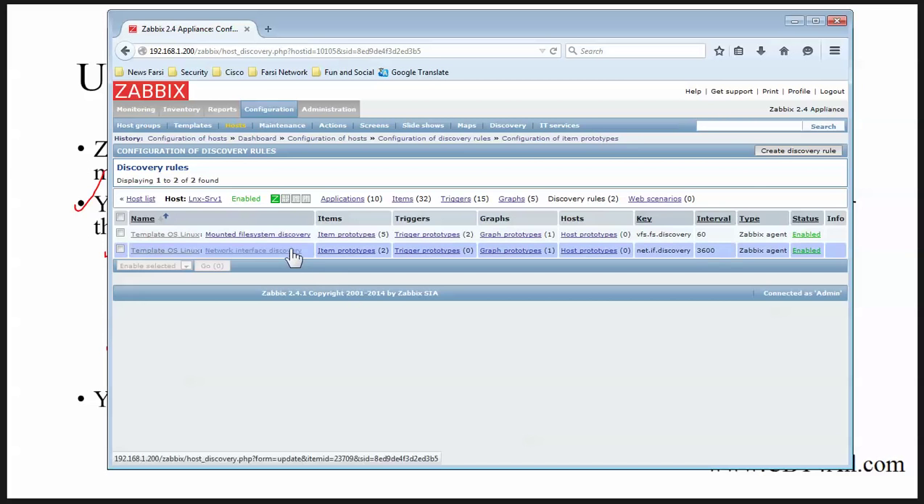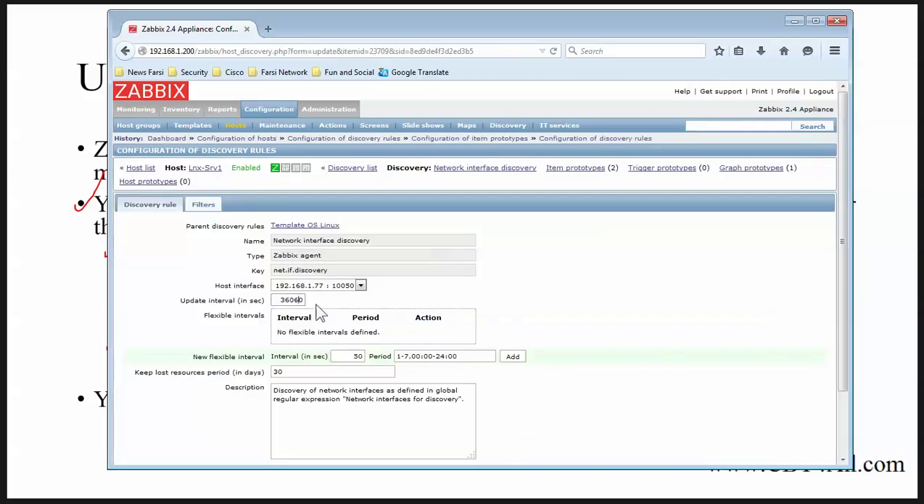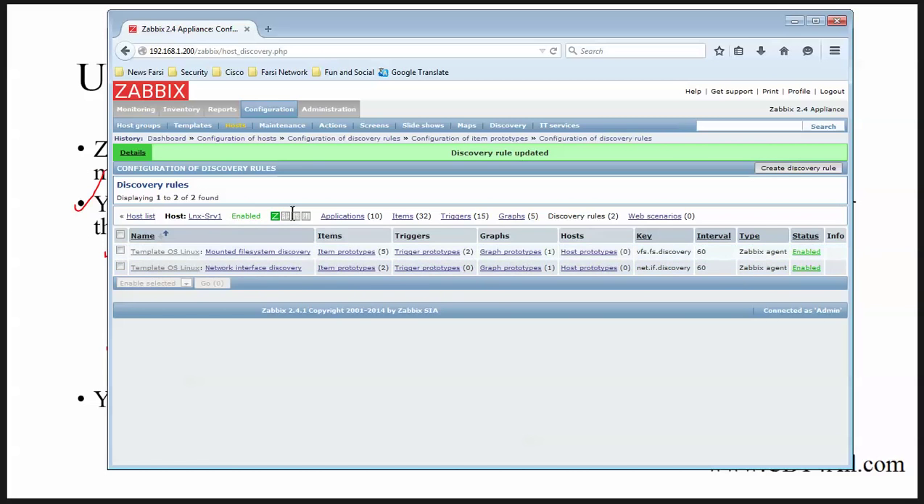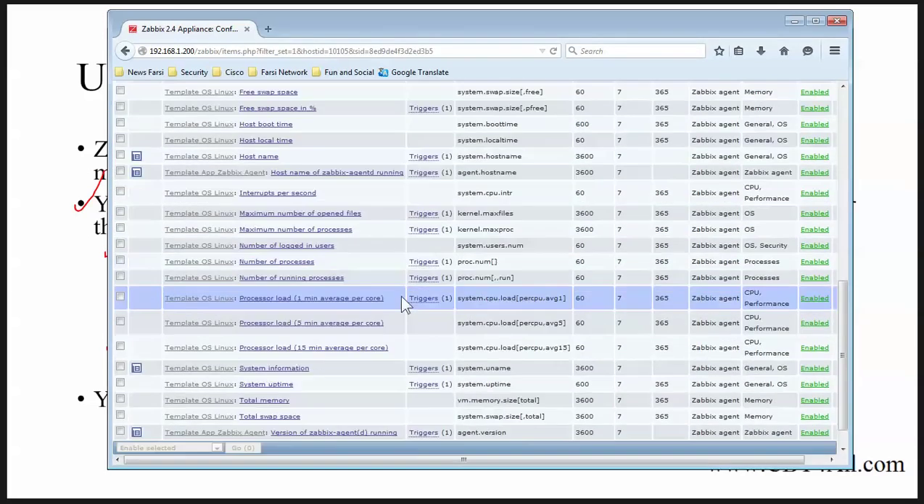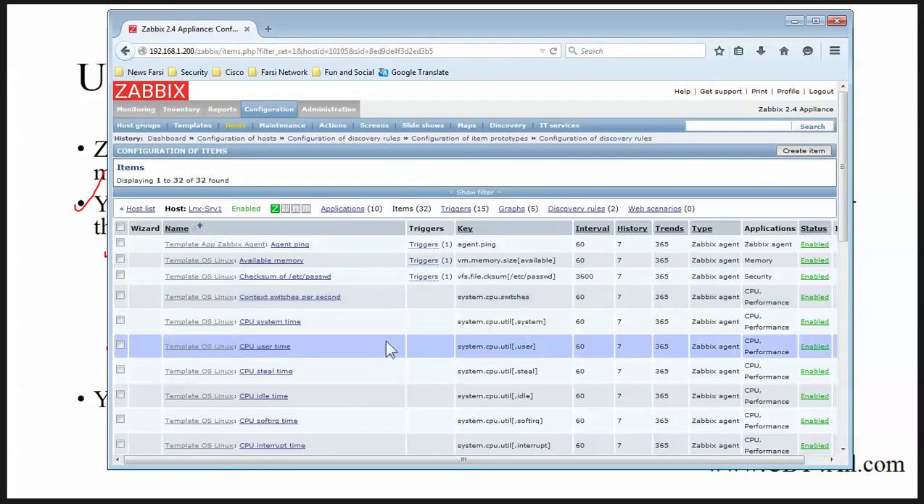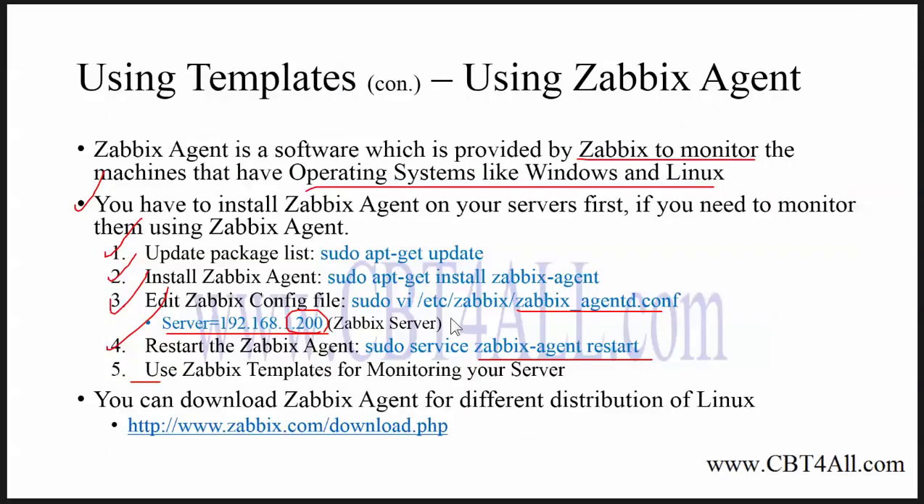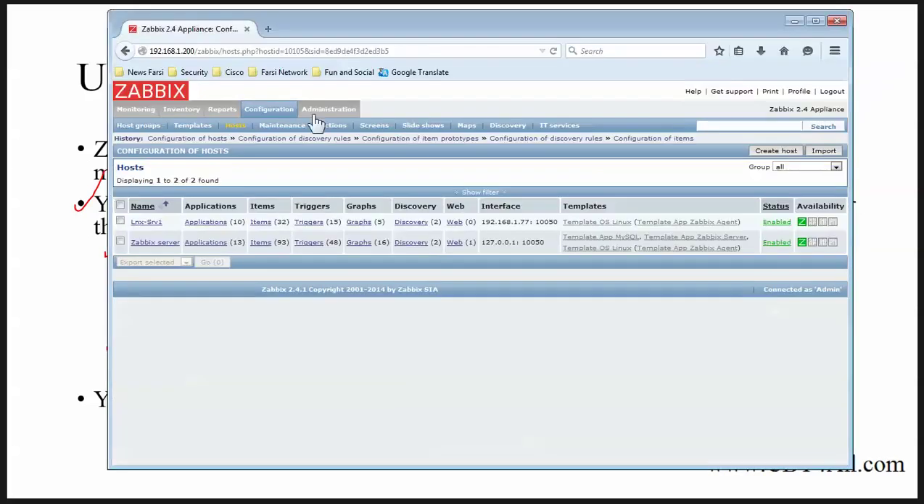Discover list. Okay, network. Okay, here for 1 minute, and for items, I have a lot of items here. Okay, no host list again. And if you want to install Zabbix agent for any other distribution of Linux, just go